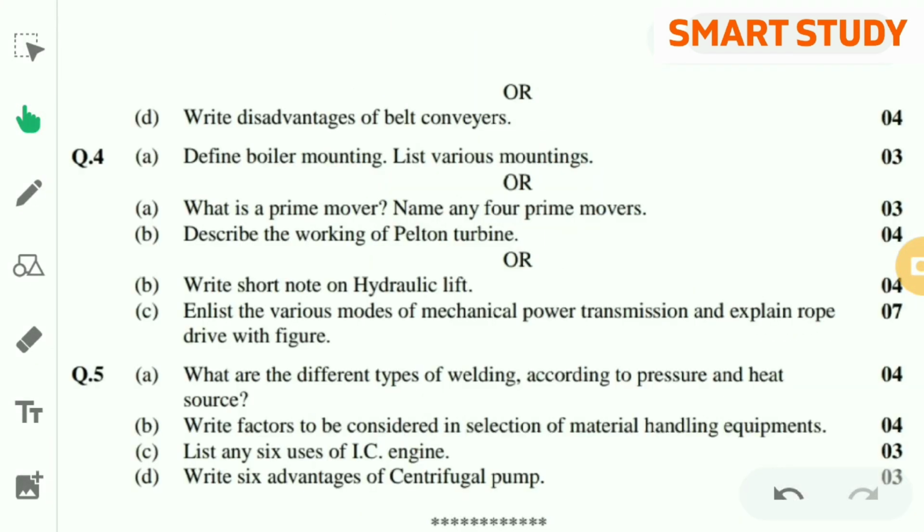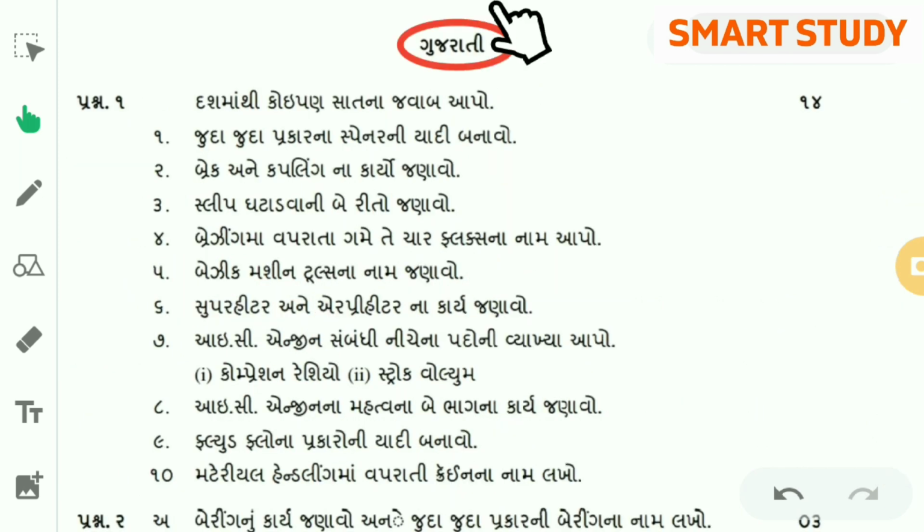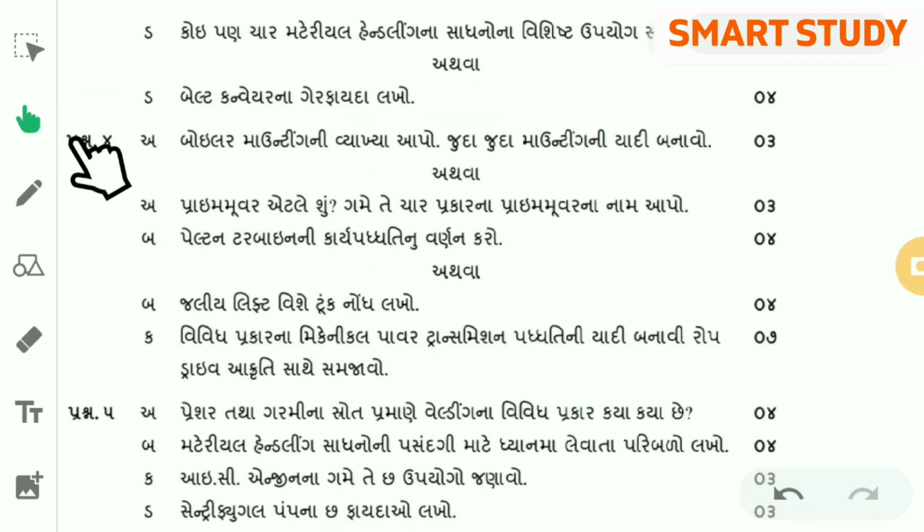After that, question 4, question 5. After that, in the Gujarati version, question 1, question 2, question 4, question 5. GTU question paper is available in both languages, English as well as Gujarati. But the English version is authentic.